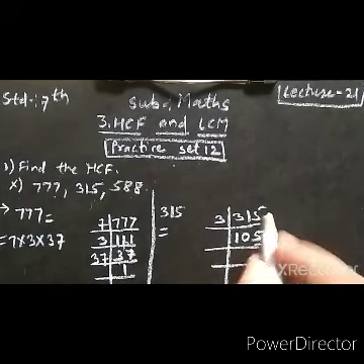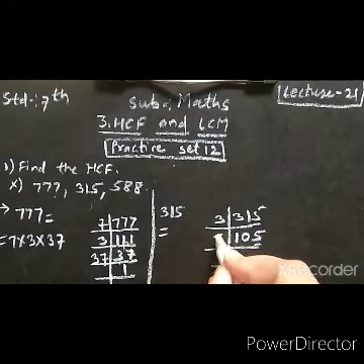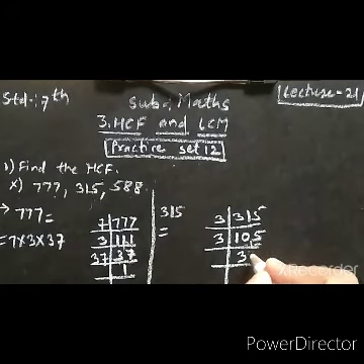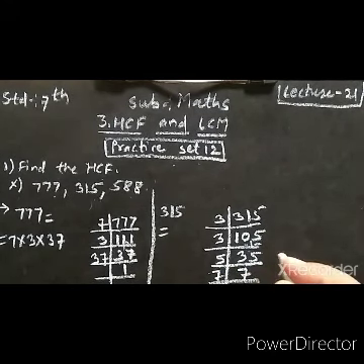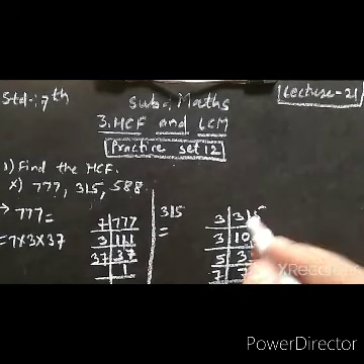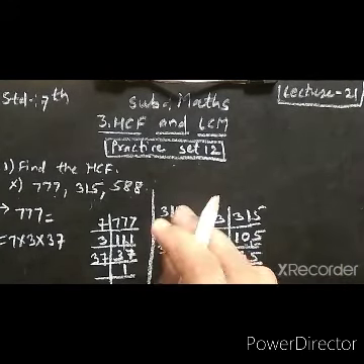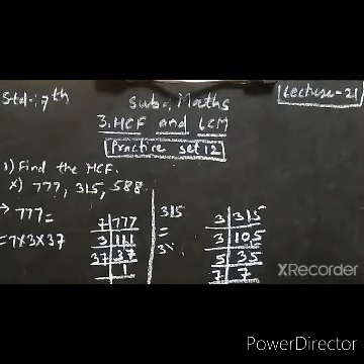Now we can divide by 3 or 5. 3 3s are 9. 10 minus 9, that is 1 remain. We got 15 and 3 5s are 15. 35 is divisible by 5. 5 7s are 35. 7 is a prime number. Therefore it is divisible by 7 and 1. 7 ones are 7. Therefore the factors of 315, that is 3 into 3 into 5 into 7.